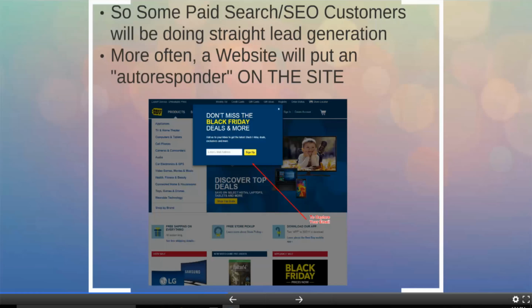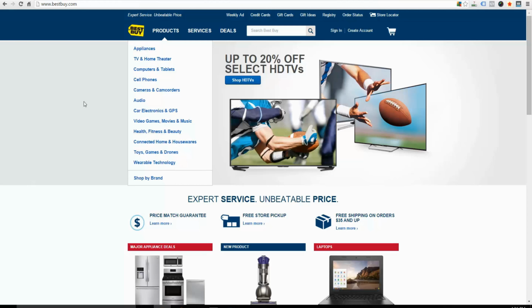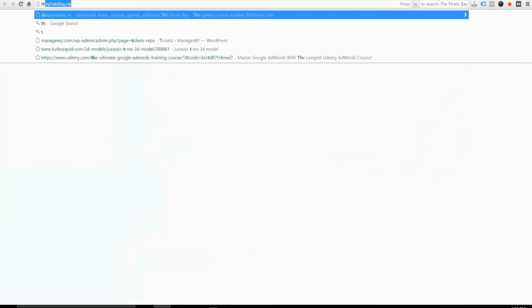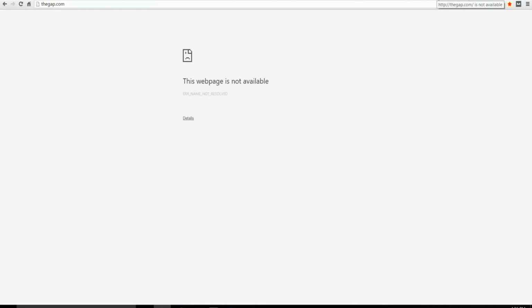You'll notice that when I loaded up Best Buy on my computer, the pop-up doesn't show up because I already closed that box. And normally with pop-ups, these browsers have what they call cookies, or a cache, and it will remember that, hey, we already showed this person the pop-up and they closed it, so they don't want to bug you every time you come to the website. But the first time you come to a lot of these websites, let's try one. Oops, let's try the Gap or Old Navy.